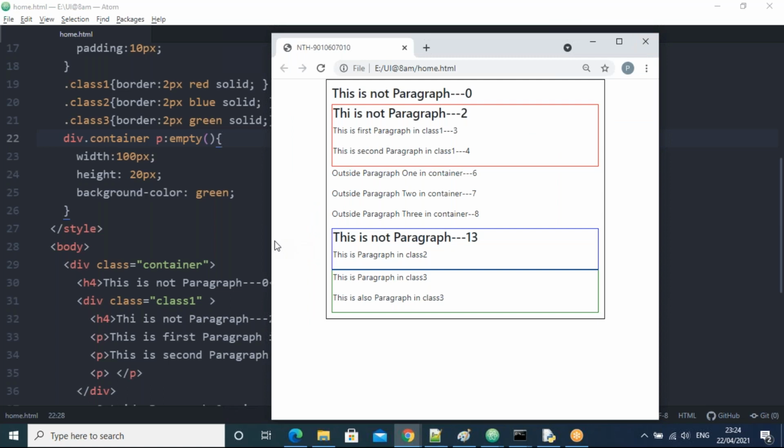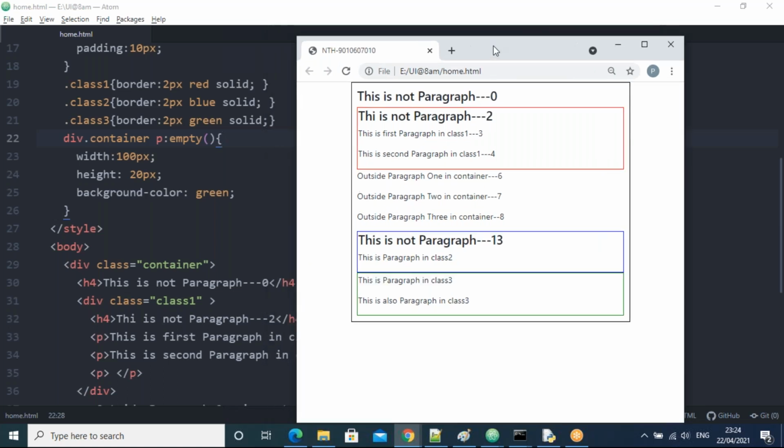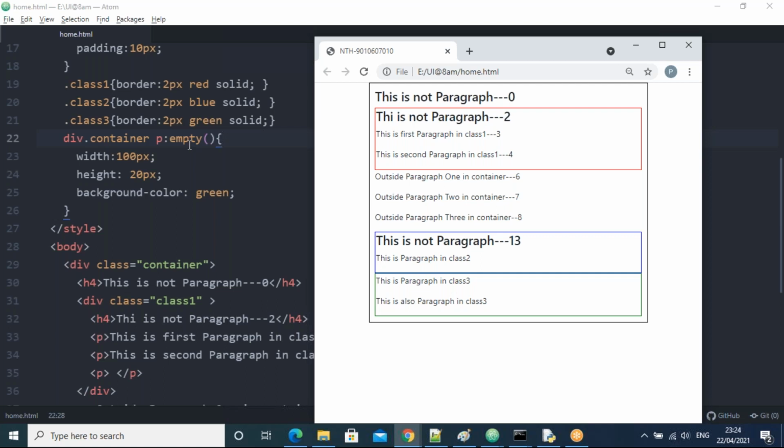So all of you observe here, guys. Now observe here. I am taking the empty, p dot empty.